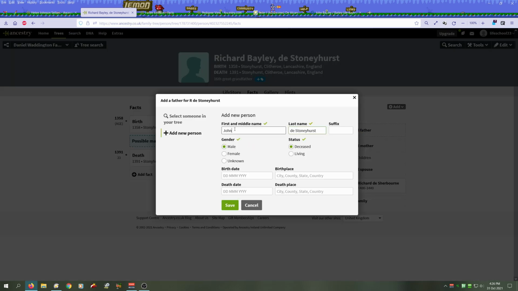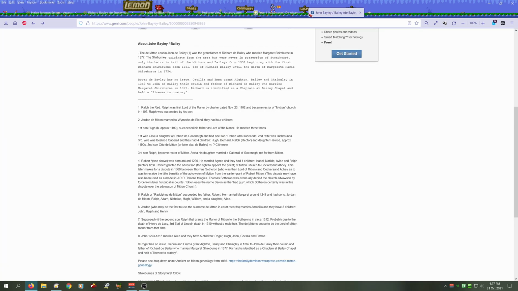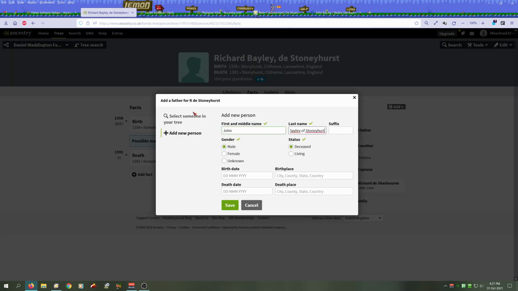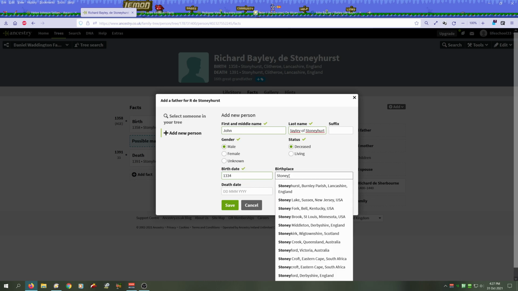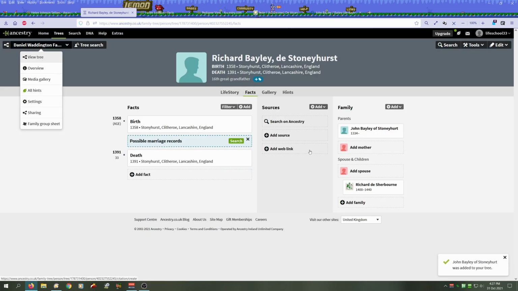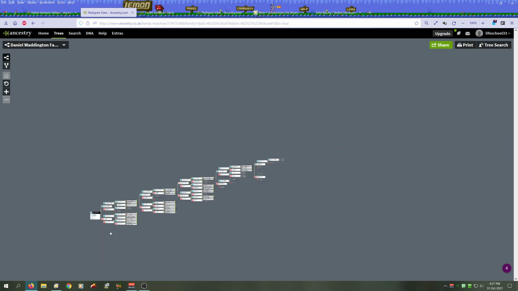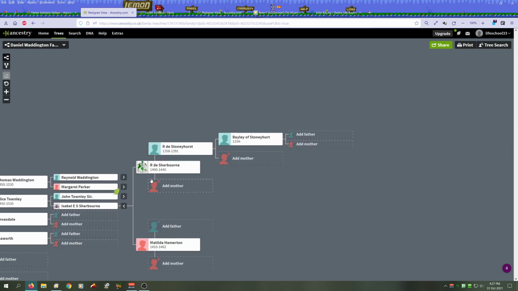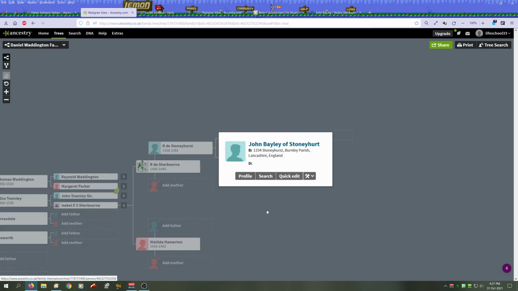So we know his father is John Bailey of Stonyhurst. And let's see if it's provided us with any dates. 1334, usually 30 years or so is usually the gap between the father and the sons, and it's suggesting lots of names here. So let's just go for the first one, and that means that we've now got all of those names into our profile, and we've gone back to the 1300s, and so it means that hopefully we can